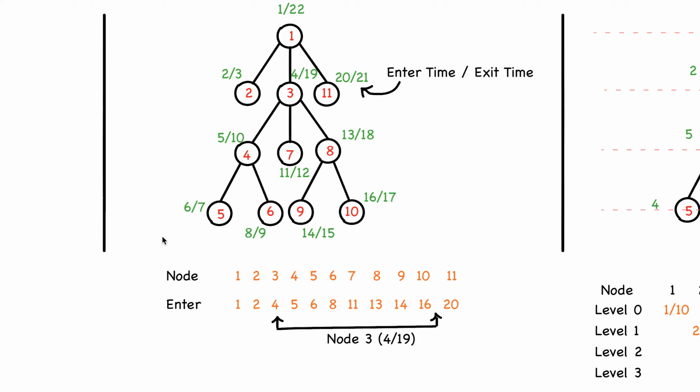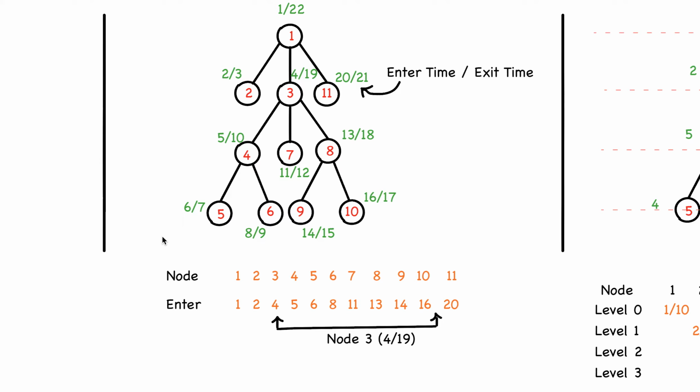This means that if we order nodes in one line by their enter times, then we can use the enter and exit times of any node to locate a segment on that line that contains only the node subtree. For instance, node 3 has enter time 4 and exit time 19. If we look up 4 and 19 in the ordered list of nodes by enter time, we can locate the marked segment representing node 3's subtree. Obviously, we can use binary search to do the lookups efficiently.